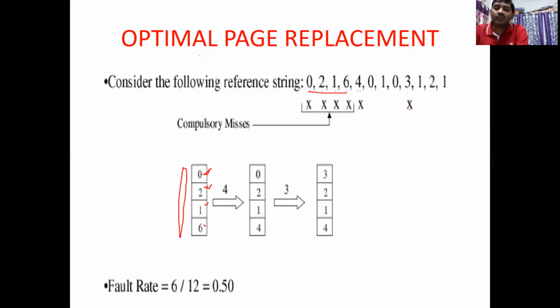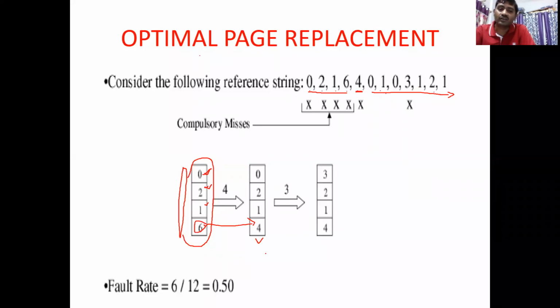In the optimal, to place 4, we look forward in the string, to see whether any of these 4 which are filled is occurring at a larger distance. For example, 0, after 4 immediately it is going to occur. 1, it is going to occur. 2, it is going to occur at a certain distance. 1, it is occurring at a certain distance. Suppose this 6 is not at all occurring anywhere in the future in our string. So we are going to replace this 6 with a 4.